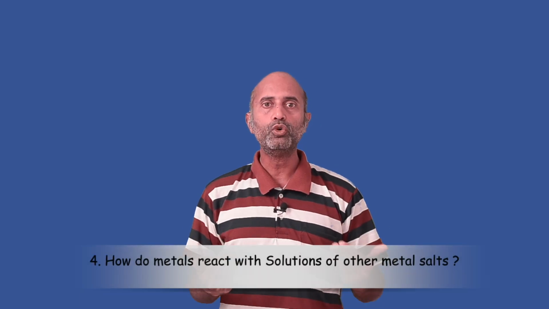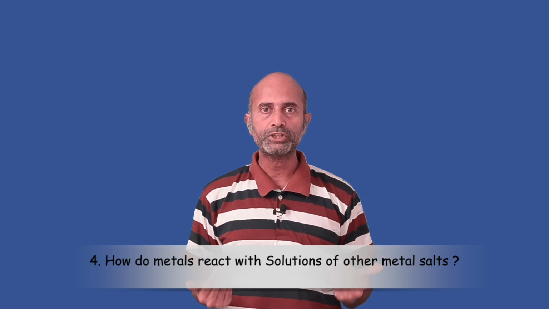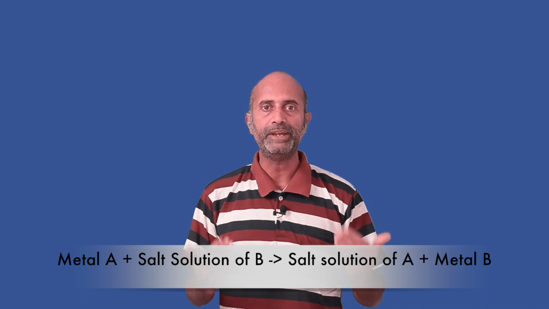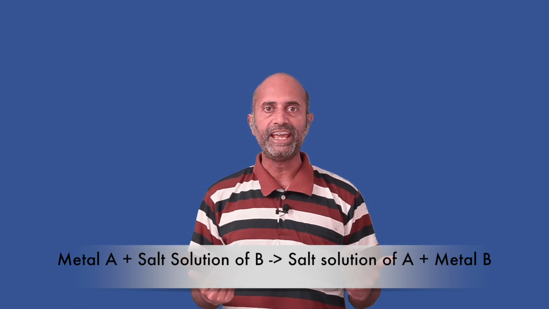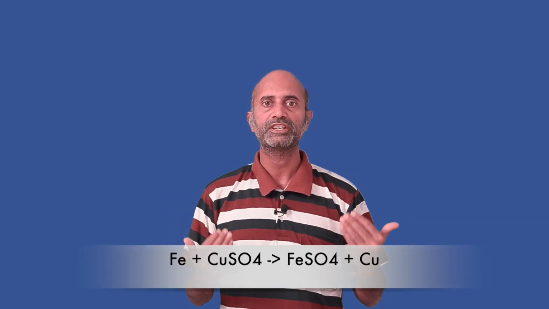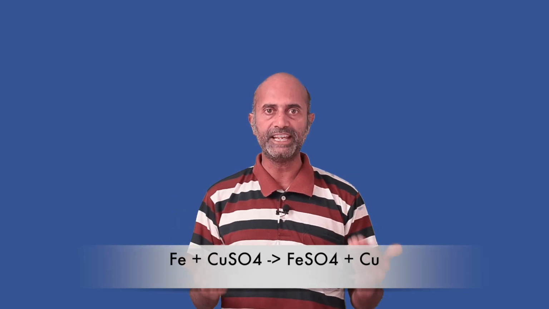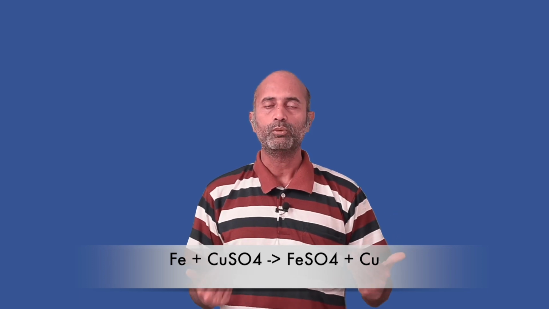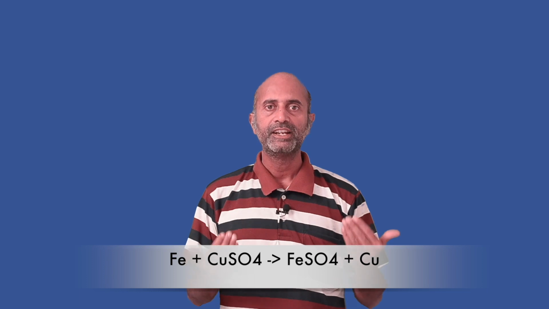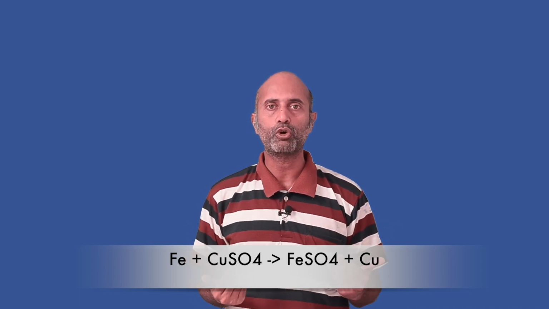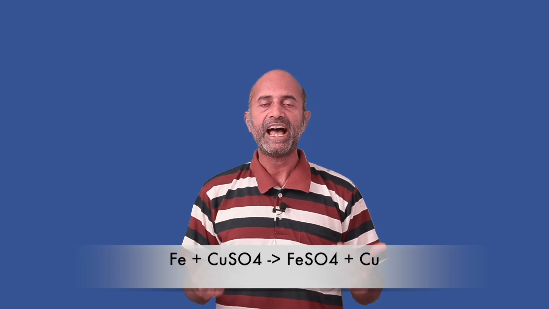Number 4, how do metals react with solutions of other metal salts? The general format is metal A plus salt solution of B gives salt solution of A plus metal B. For example, Fe plus CuSO4 gives FeSO4 plus Cu, where Fe stands for iron, CuSO4 stands for copper sulfate, FeSO4 stands for iron sulfate, and Cu